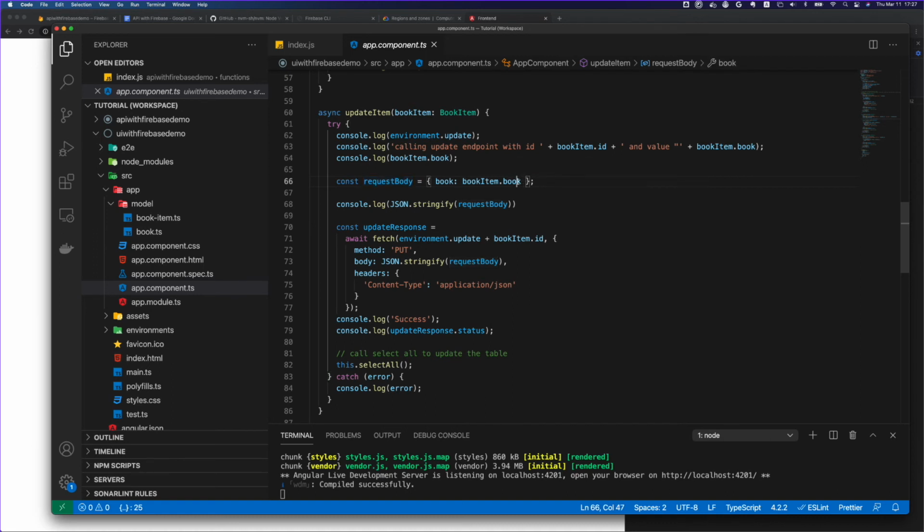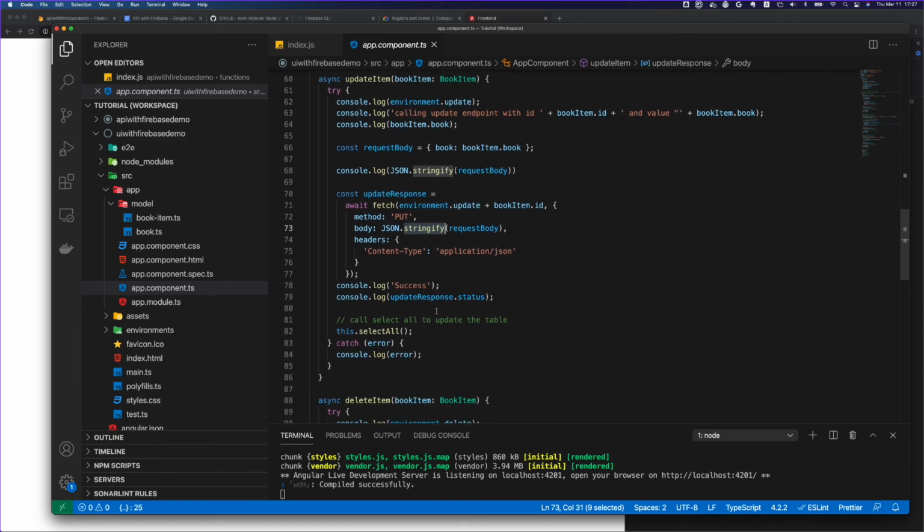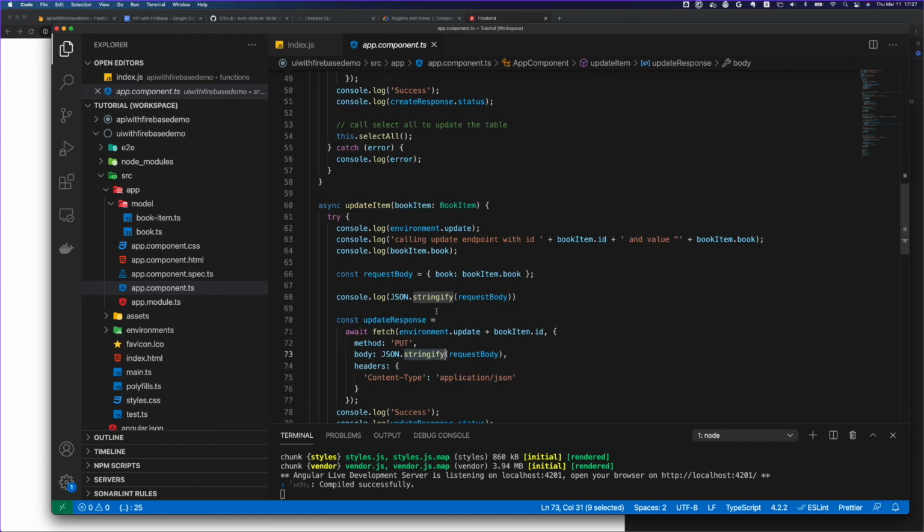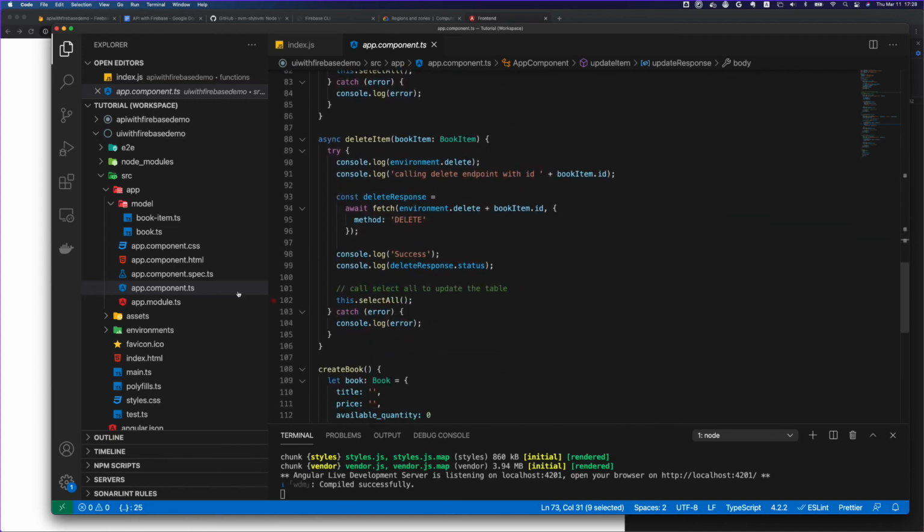So I take that book and I create this call using fetch, and I am calling the PUT function similar to our Postman request, and then it just saves it. And then for deleting, again I'm passing book item, and it's as simple as just getting the ID and calling the delete method.